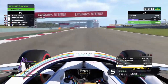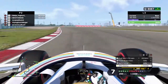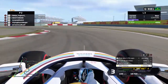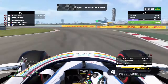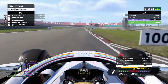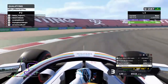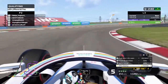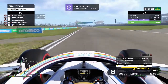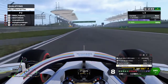Now coming out of this corner, a bit loose on the exit, but not too bad. Here really try to maintain momentum, and this corner is really difficult. There's 2 apexes. It's basically 2 corners, but it's just hard to get a good run through it. Same with this corner, you need to get a good exit on this long right-hander, turn 13, because it's really crucial for the straight, as Bakje Yoghurt improves once again, 129.305, and